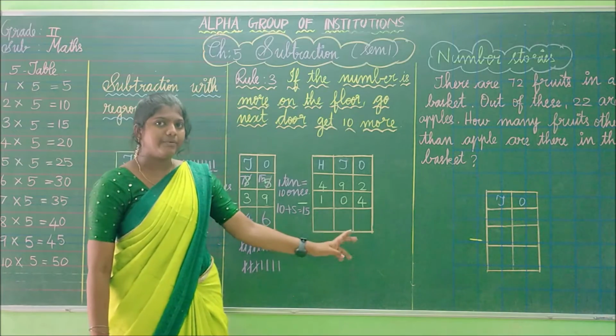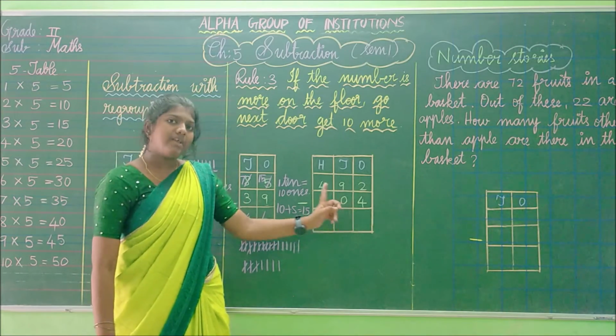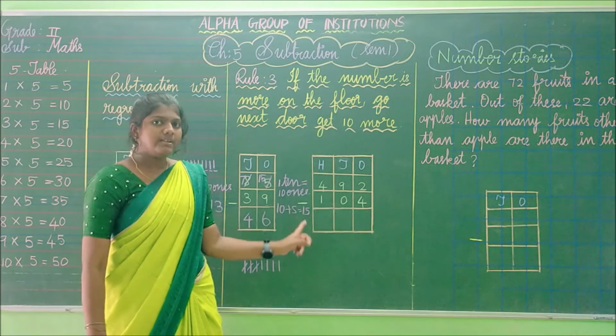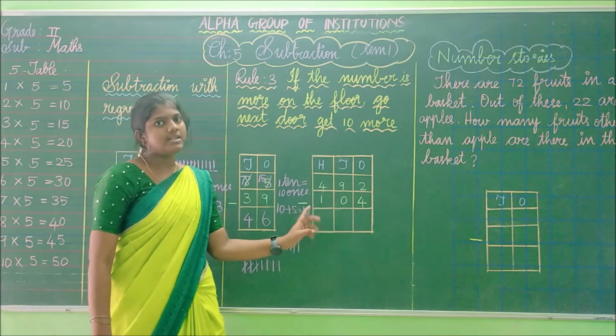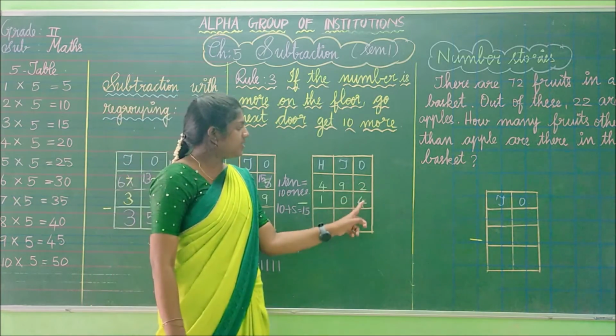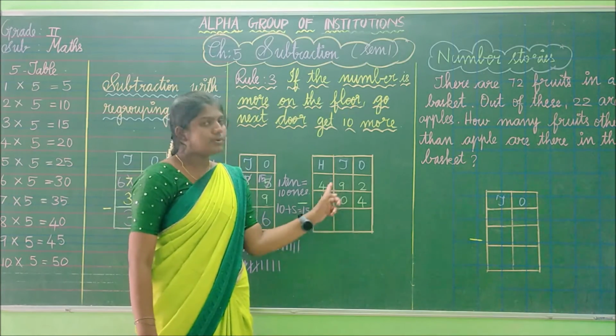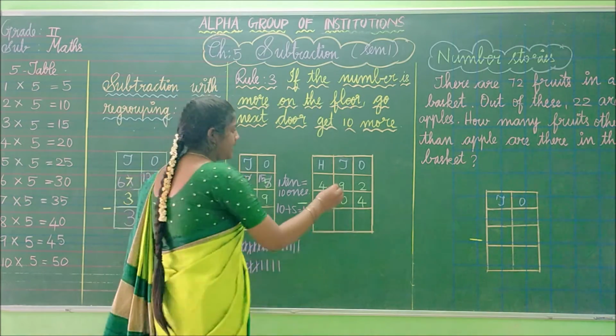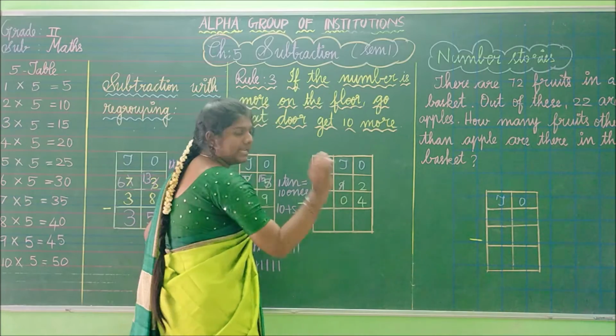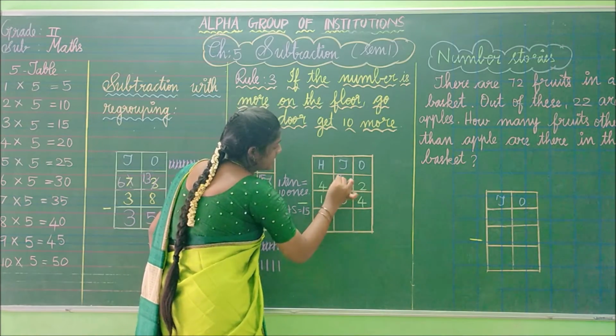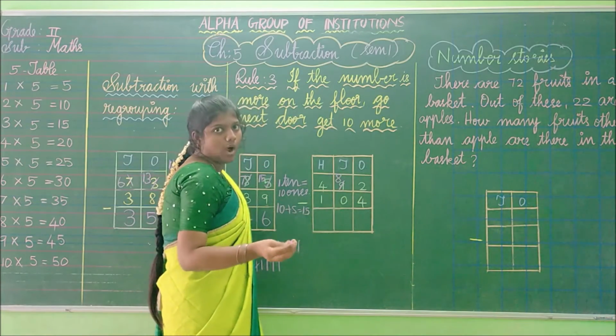should start subtracting from ones. Then we have to move to tens. Then we have to move to the hundreds column. So first we have 2 minus 4. We cannot subtract. So I am going to borrow from 9. I am going to strike this 9 and write 8 here. And we are getting 1 ten.